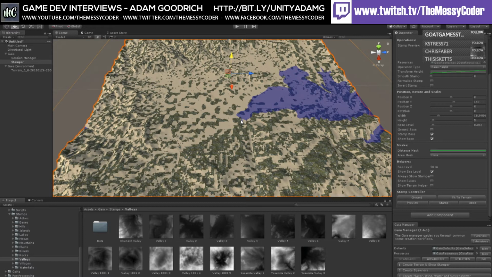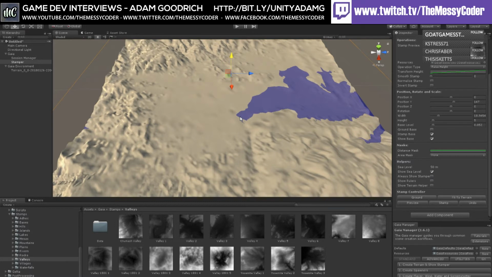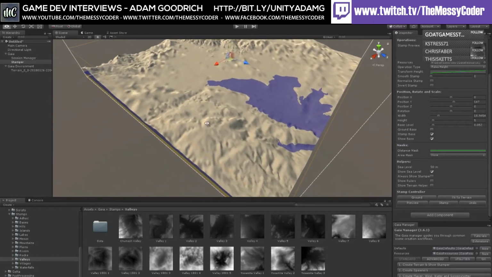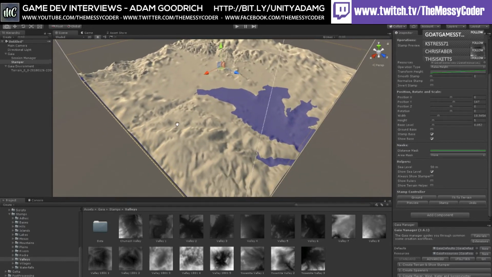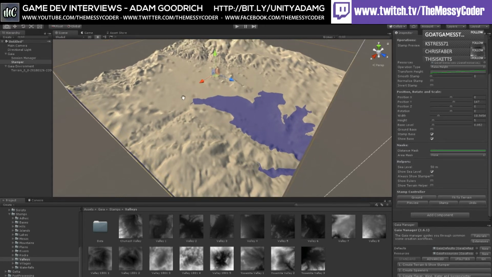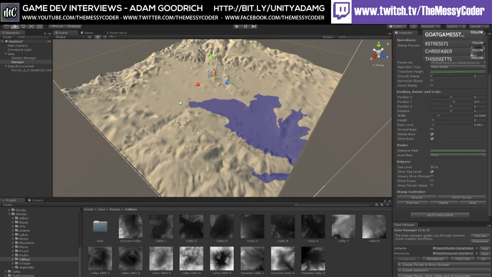If you click the preview button on the stamper, that'll turn off the mesh. So there's our environment, sitting out at 2 kilometers. The stamping system is very, very powerful. This is actually a stamp based on a satellite scan, which I imported from Terrain Party. Now I want to put a river in the middle of our valley here. We've got a bit of a low area anyway, but I want to customize this a bit more. So go into the rivers directory